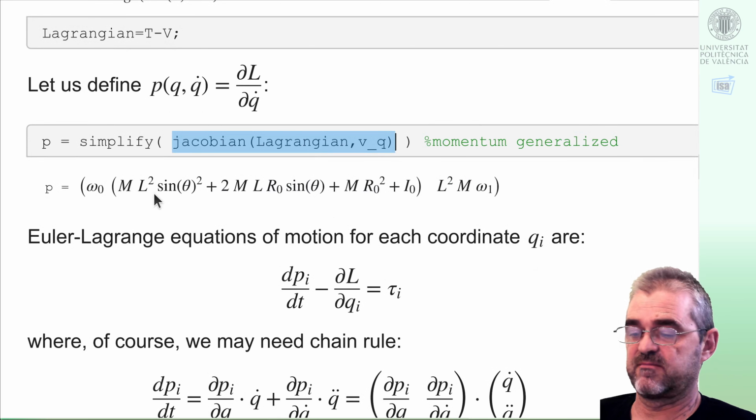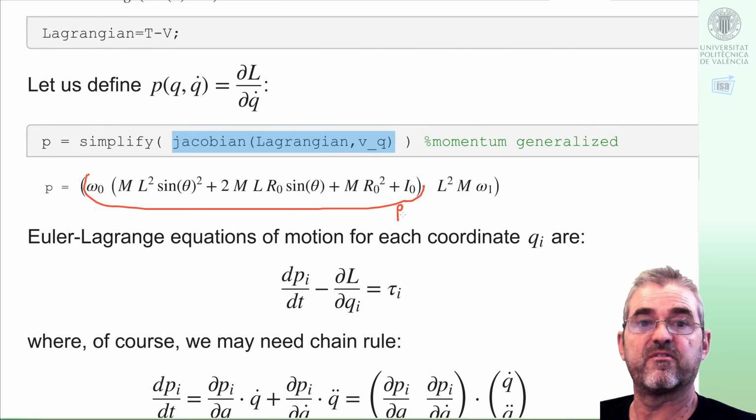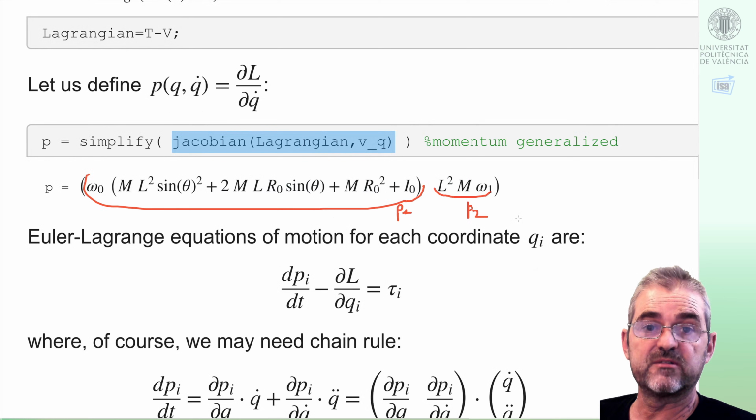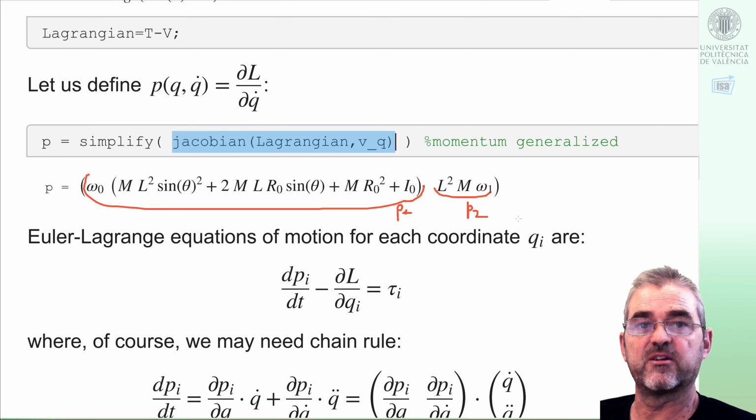So I get this thing as the first component and this thing as the second component. I get it in row form, no problem, but I will put some transposes later on to have my equations in column form, but it's just cosmetic. So, this is the generalized momentum,